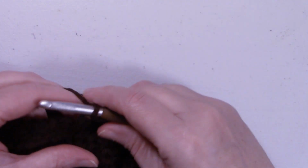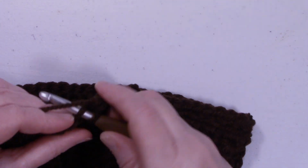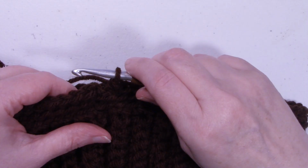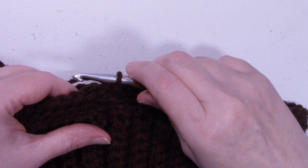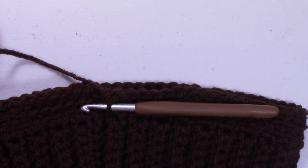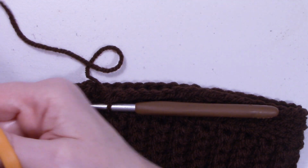When we get to the end of this round, we're going to change colors. So I'll meet back up with you at the end of round 3. We're at the end of round 3. We're going to change colors, so we need to fasten off our brown. So we're going to cut our brown, our dark brown,